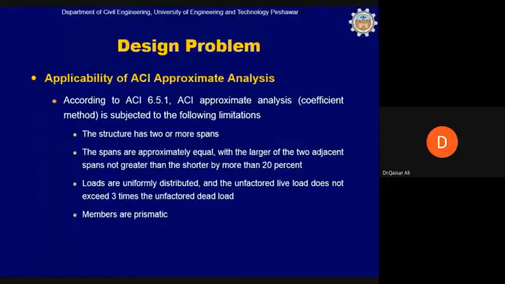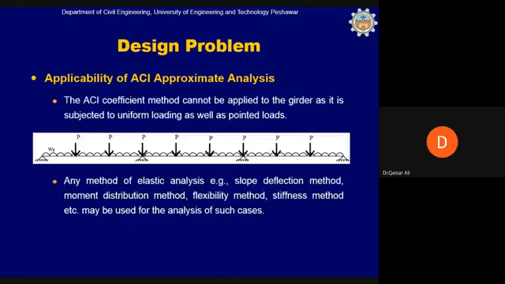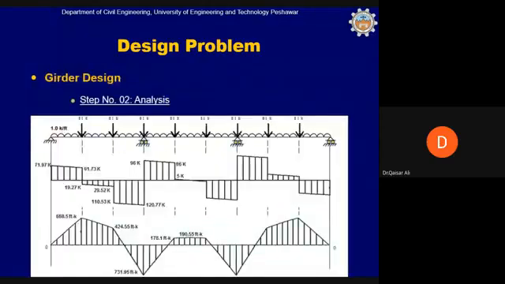So in this case, loads are not uniformly distributed. There is a uniformly distributed load, but there are factored point loads as well. So we cannot use the ACI approximate equations for this. We have to analyze this. You can use any method of analysis that you learned in your analysis courses, stiffness, flexibility, anything. After we do the analysis,